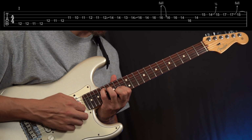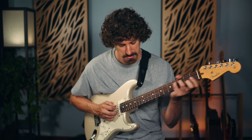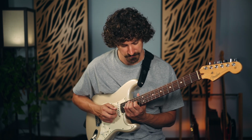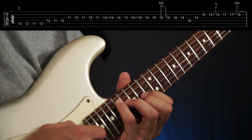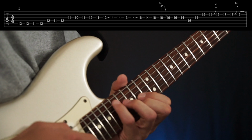This is the D in the C shape. If you want to know more about the CAGED system, I've got a CAGED cheat sheet I'll put in the link description down below. We're going to be talking a lot about these shapes. This is that C shape, boom, way up here. And you'll see as we look at more and more, he's just outlining these shapes around the fretboard. Pretty much right around this area is where his whole solo is. So he gets to that spot. Anyways, we're here, outlining that D,